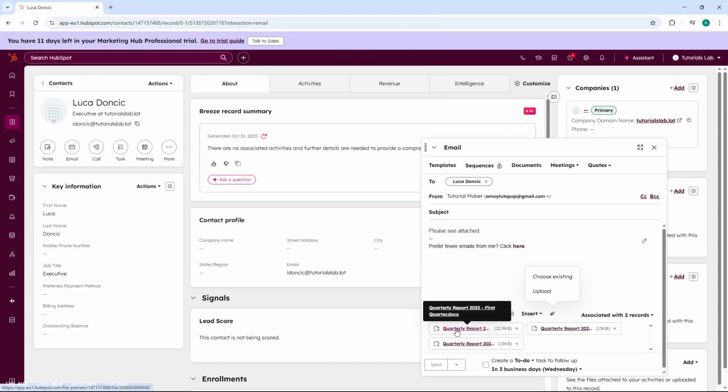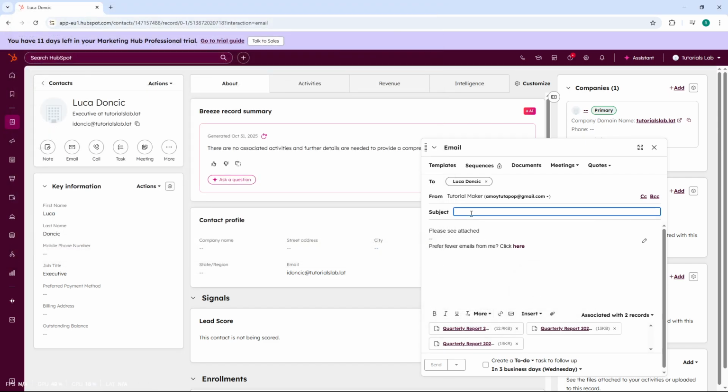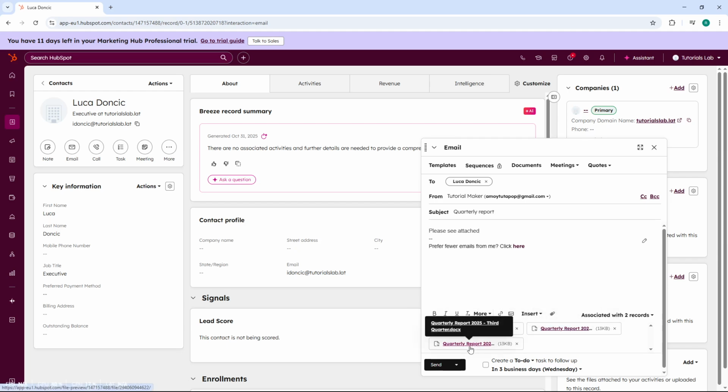Now take a moment to add a subject line and compose the body of your email so your message is complete and professional. Finally, review everything to make sure your attachment, subject line, and message content are exactly how you want them. If you're satisfied with everything, click Send. Your email with the attachment will now be delivered directly to your contact, and HubSpot will automatically log this activity